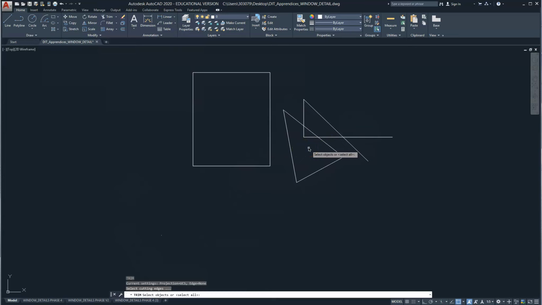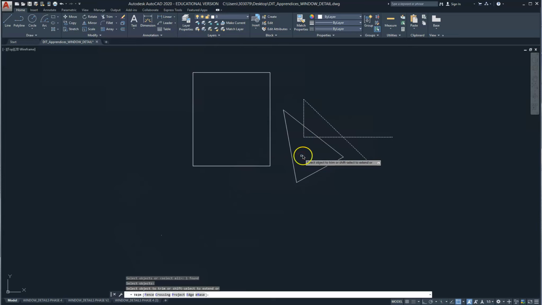So the first thing I do is I select my cutting edges. In this instance I'm going to select this line here as my cutting edge. This is another reason why we should use polylines all the time, because a polyline creates a continuous cutting edge, whereas if it's a line, I'm just creating individual small pieces that will cut, and it's not as effective or efficient. So this is my cutting edge, and then I'll right click to select that as my cutting edge,